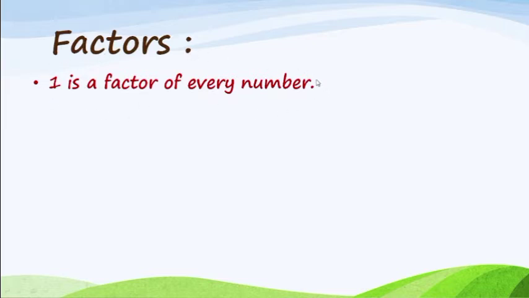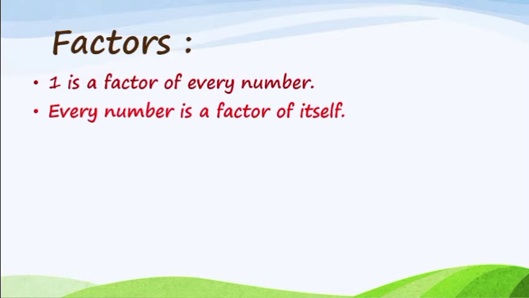Why is it 1? Because you know that in the table of 1 every number occurs that many times. So 1 is considered a factor of every number. Okay, this is the first property. Second, every number is a factor of itself. If you divide the given number by itself, it is always divisible exactly one time, so every number is a factor of itself, meaning 5 divided by 5 equals 1. So here 5 is a factor of 5 only. This is the meaning of the second point.